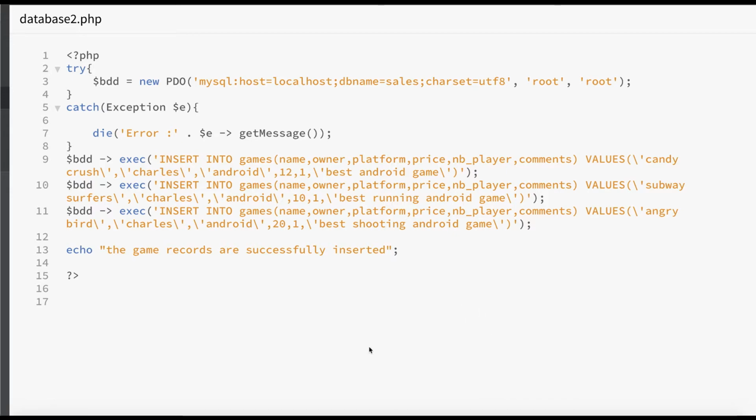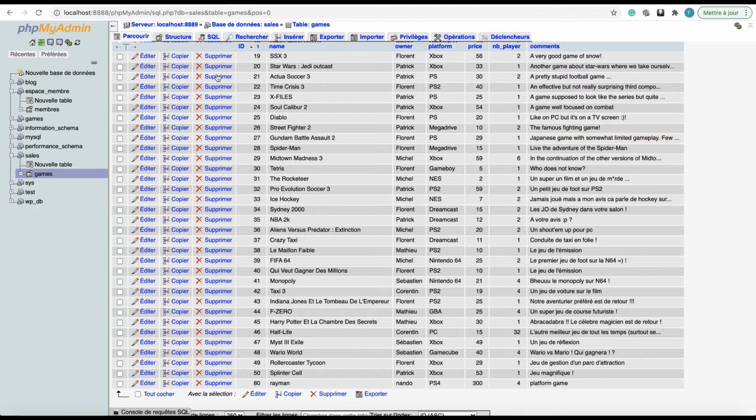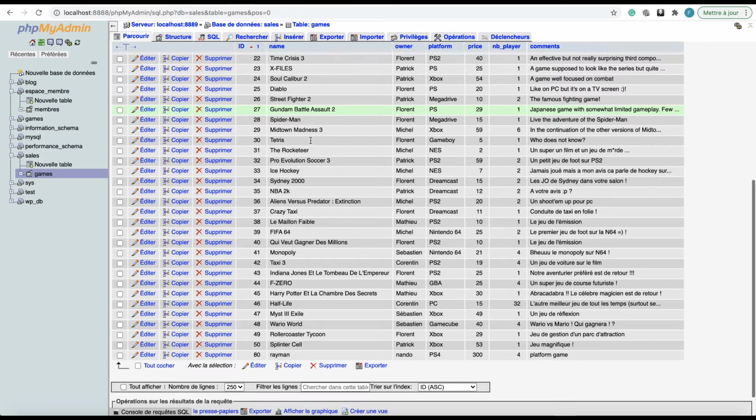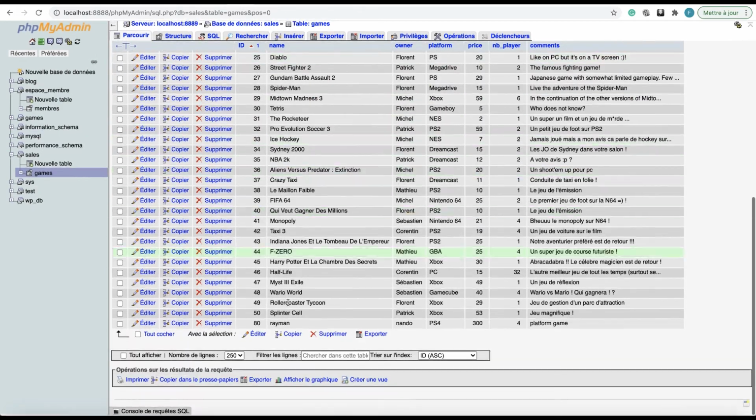Let us open it in the navigator first. So this is my page database2.php. I have the message game records are successfully inserted. Now let us go to the phpMyAdmin and check if the games are truly inserted.